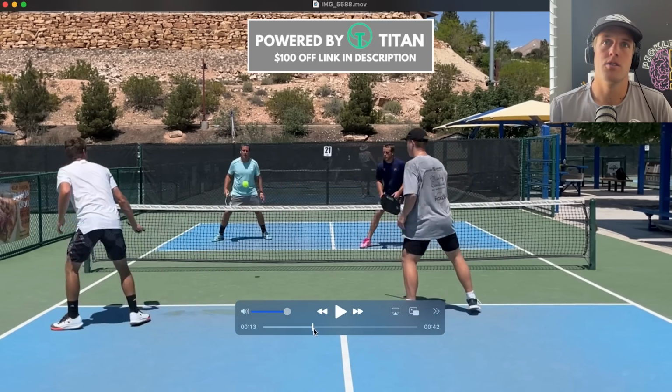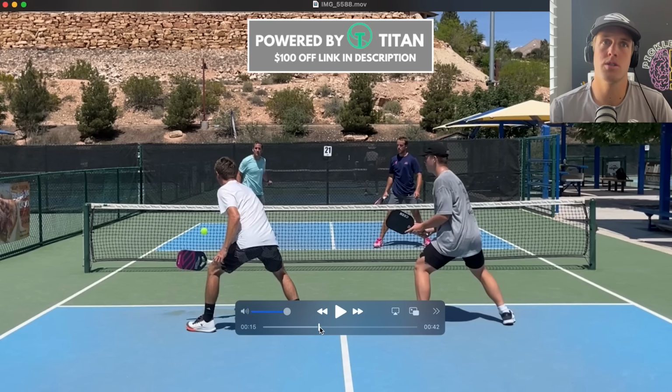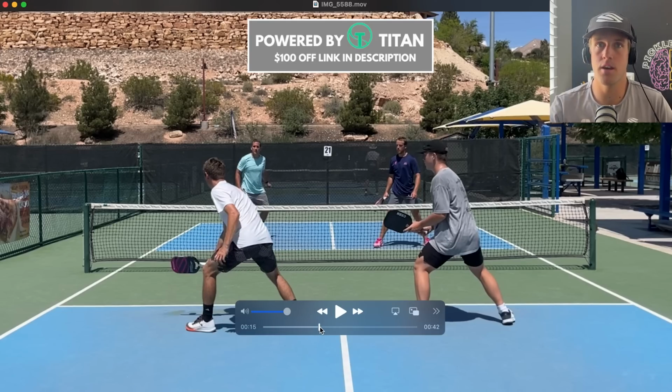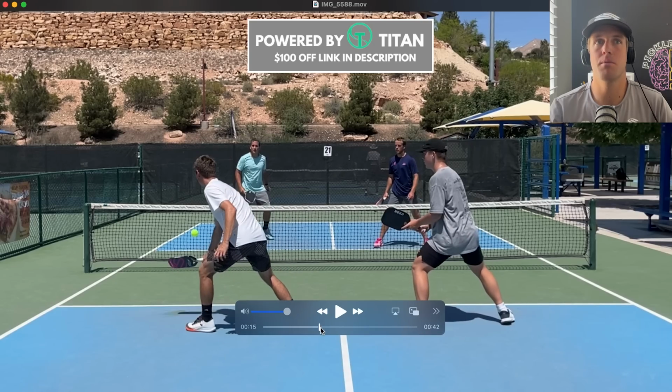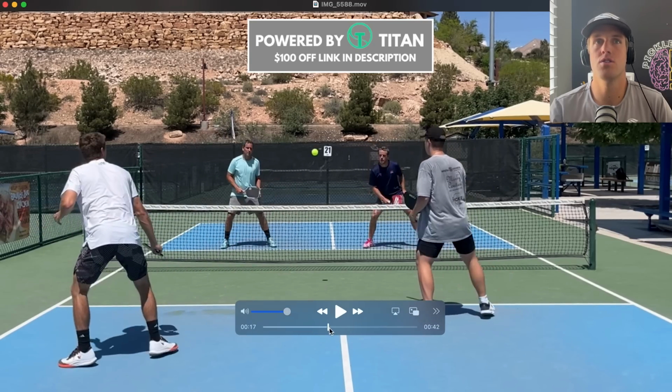Right here, so speed up. Okay, Jason's in an offensive position. My speed up created another pop-up. Jason hits down on the ball, which is exactly what you want to do. You want to get it at the feet of your opponent. And Collin makes a 6.0 level decision and resets the ball. He doesn't speed up the ball from this low position. He resets it. 1 reset, 2 resets,